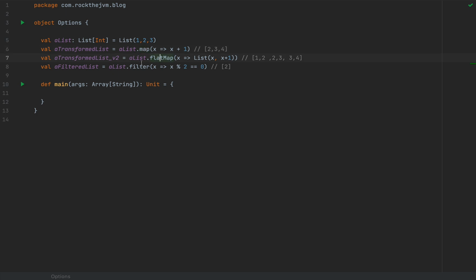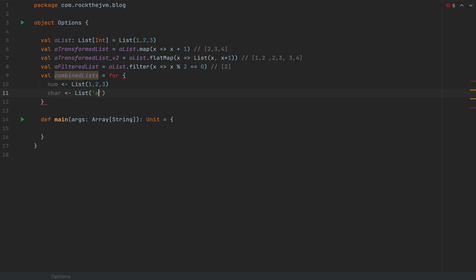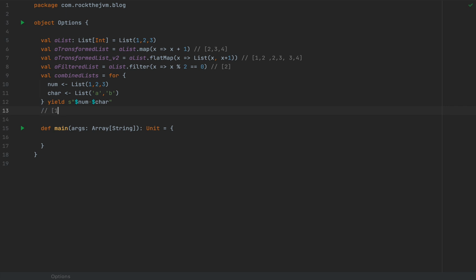Because we have map, flatMap, and filter, we have these sort of for comprehensions. So if we combine lists, let's say combined lists as a for comprehension, and I would say, let's say a number in a list with 1, 2, 3, and a character in a list, let's say 'A' and 'B', I would yield, let's consider an s-interpolated string with num-character, of course with the $ sign so that we can inject the values inside. So this will be the list 1-A, 1-B, 2-A, 2-B, 3-A, and 3-B,